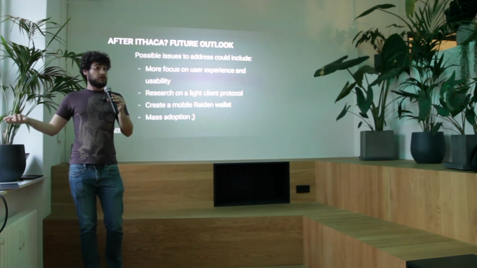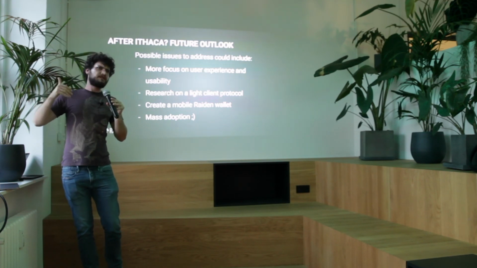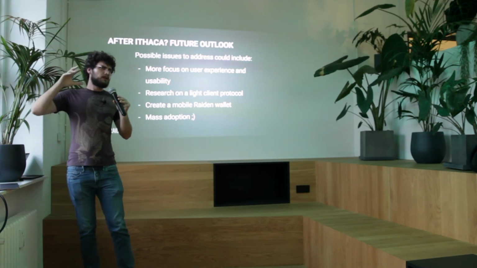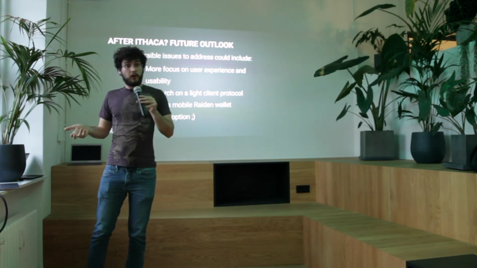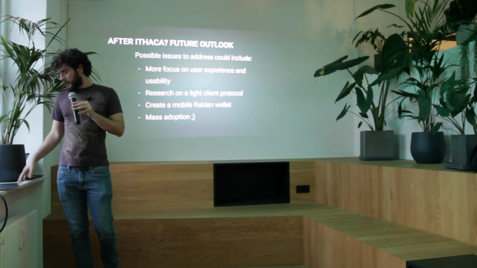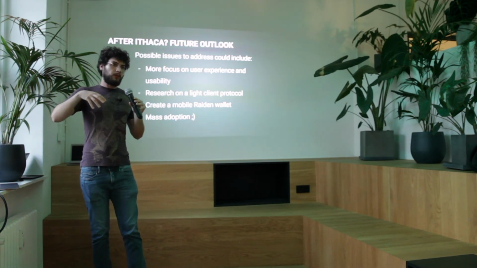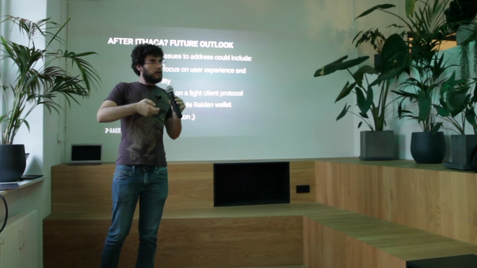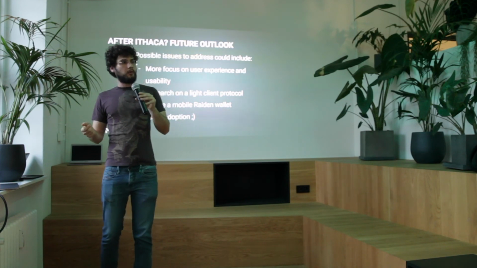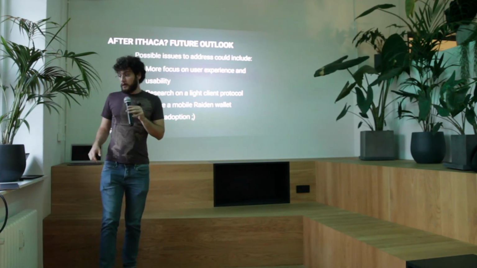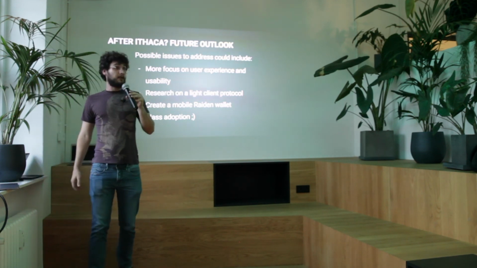To improve things, we want to at least decide what restrictions we're going to have in the protocol layer so that we can have a mobile application that can actually use the Raiden protocol and be safe. We also want to have a look at a Raiden wallet idea. That would pretty much be a wallet for Android or iPhone that uses the Light Client protocol to make payments using the Raiden network, which is something that's really, really cool, and hopefully we get some mass adoption out of this, right?